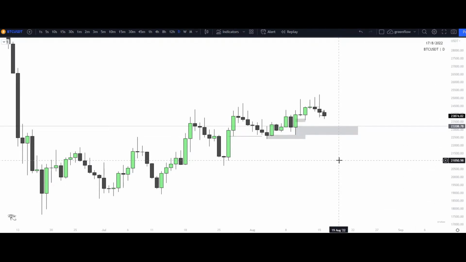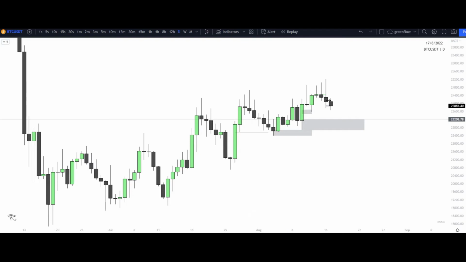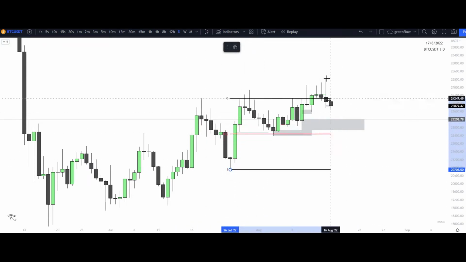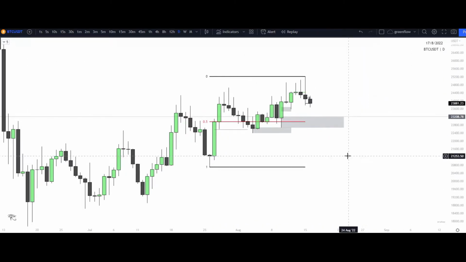Now, this is where it gets very interesting, right? Because we're trying to understand, well, where are we at as far as premium and discount? Where can we look to take any trades, etc.? So understanding this right here, right? From the introduction that we had talked about before all the way to the highest high at this point in time, we can see that we're still sitting in premium of this daily range right here, starting to create a lot of long liquidity as we're coming out of this area as well.